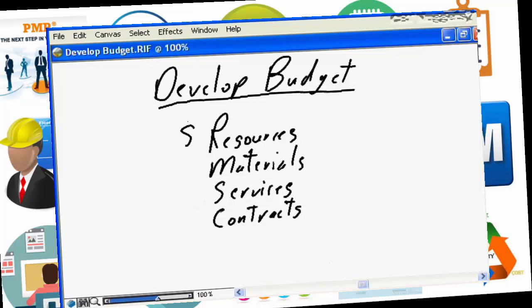Identify, capture, and consolidate all of the dollars for all of the resources that are involved in, assigned to, the WBS. Consolidate, find, include all of the dollars for all of the materials that must be purchased to satisfy your project requirements that are going to be consumed by your project. The dollars for any services that your project is going to purchase. The dollars for any contracts that your project is going to purchase. You will combine all of this together in some format